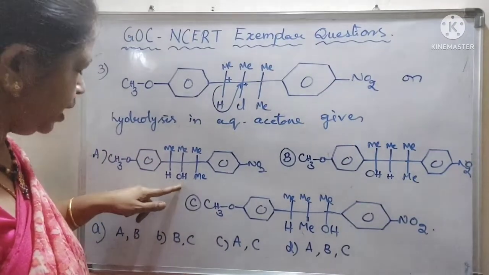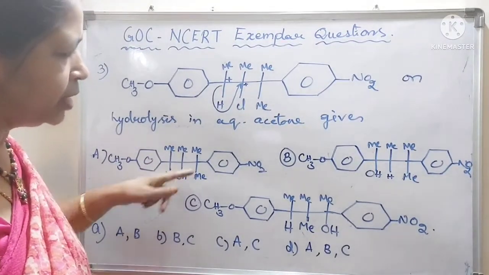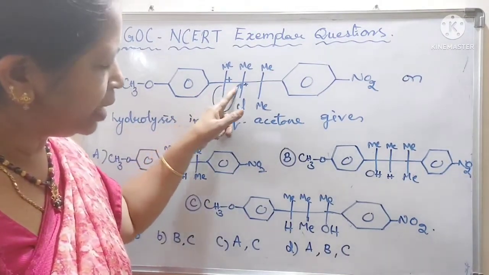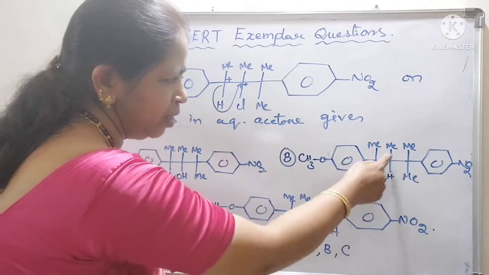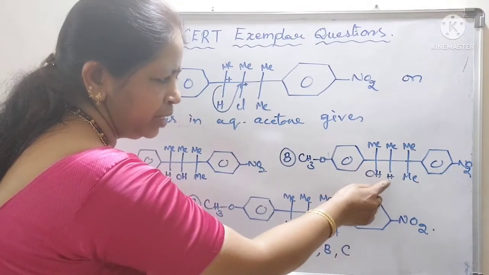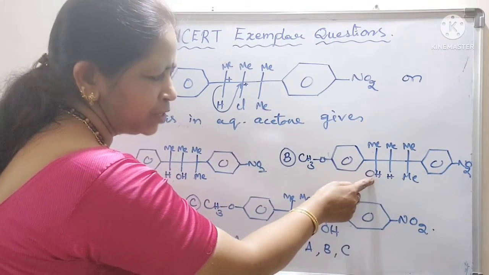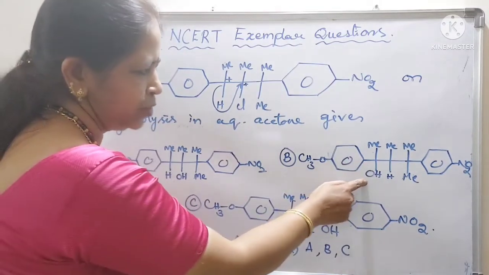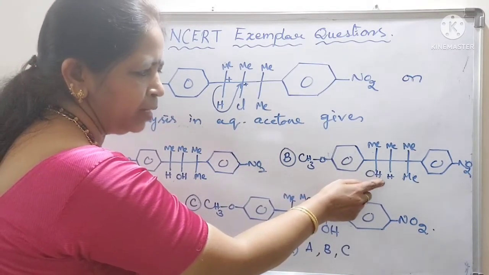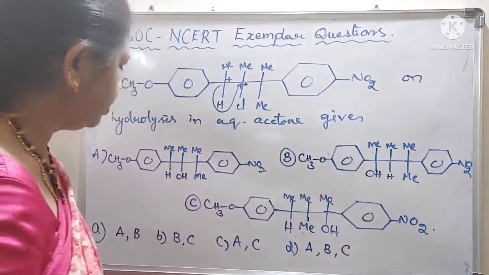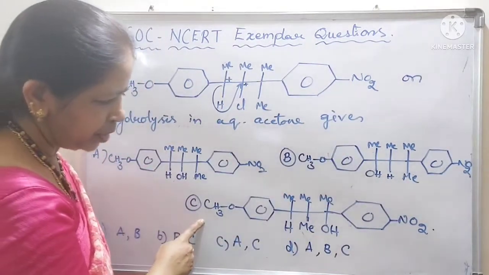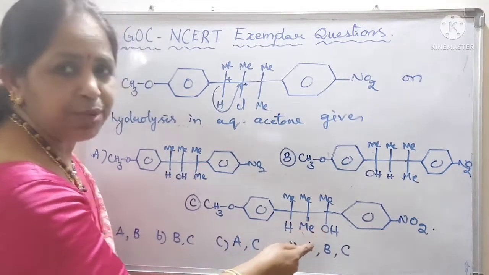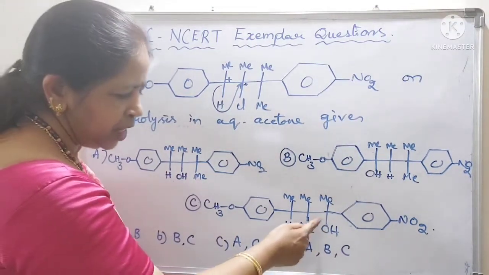So A we will get, and in the second option, by the shifting of hydride ion, the carbonium ion is present on the center carbon and OH group is present on the position where hydrogen is present. So we will get B also,